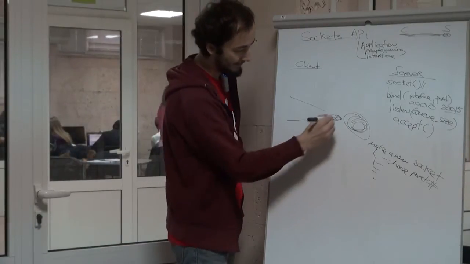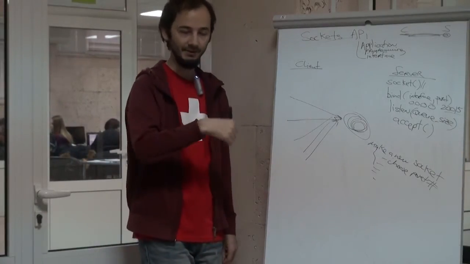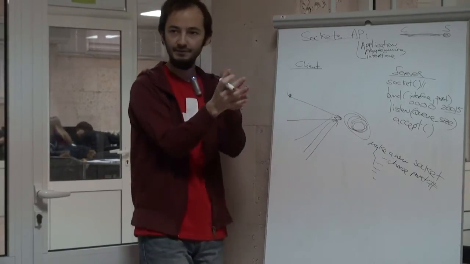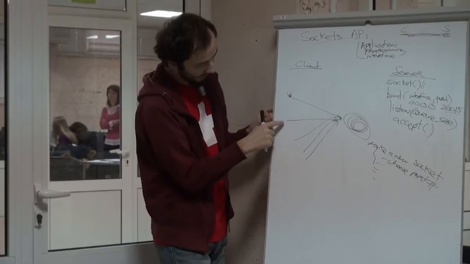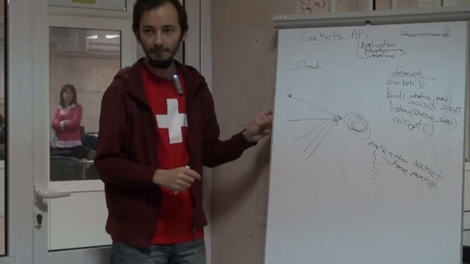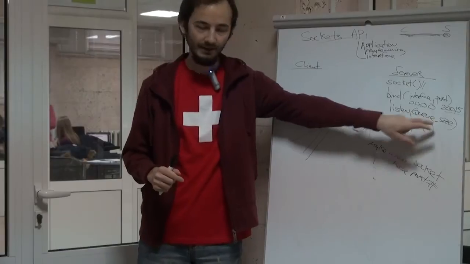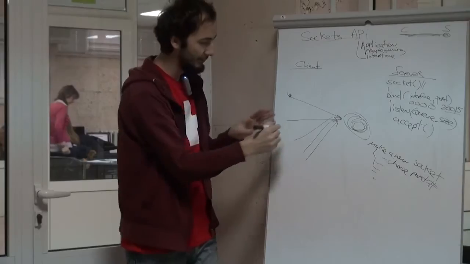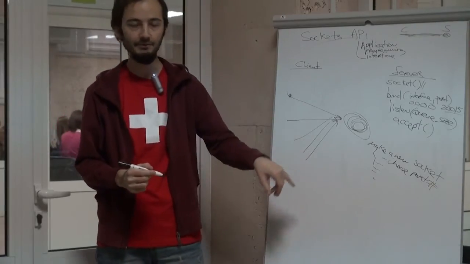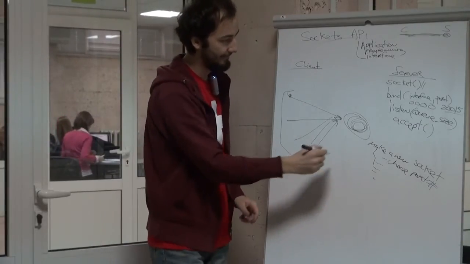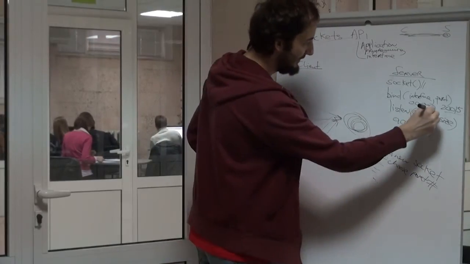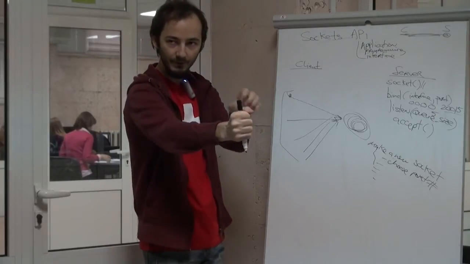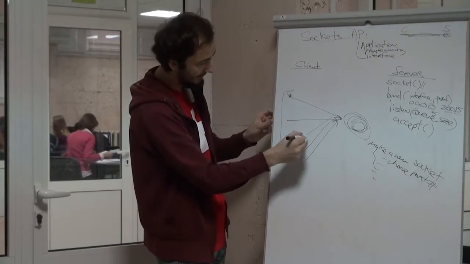So if you have 1, 2, 3, 4, and more clients willing to connect, while this first one is being processed, this 1, 2, 3, 4, yeah, they will be queued. And when this one is processed and the connection is alive, this one will be processed, and this one, and then that one, etc. So that's the queue size. Let's say it's going to be 5. So it will be able to keep them waiting for a while, 1, 2, 3, 4, 5.